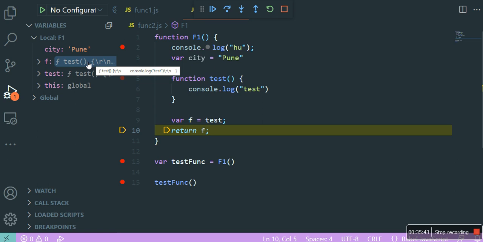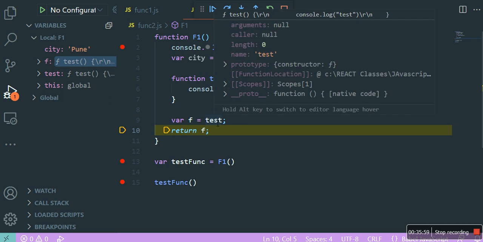Test variable is created automatically. That is known as function hoisting, and the name is also the same name. That's why people get confused, na? You think that you're calling the function test, but actually it is a variable. The variable points to the function object, which has all the body and everything needed to run that function, correct? But actually you are just accessing the variable, and the variable is making the actual remote call through the function object.